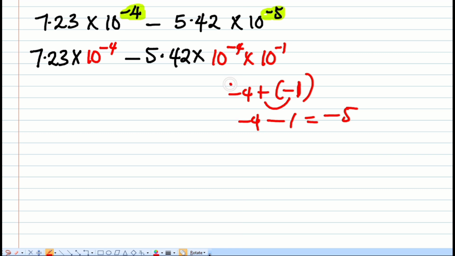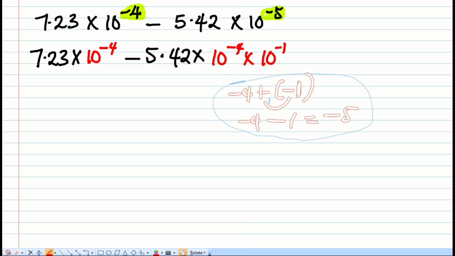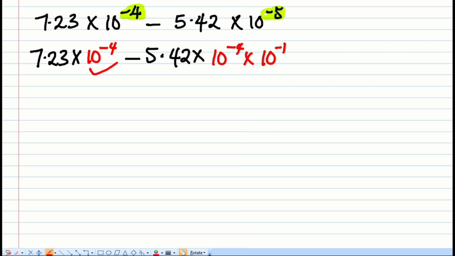We just split it. And why are we doing this? We're doing this so that we can have a common term. Now you see that we have 10 raised to the power minus 4, 10 raised to the power minus 4, so we can factor that out. So let's do that. Now factoring it out, we have 10 raised to the power minus 4 into 7.23